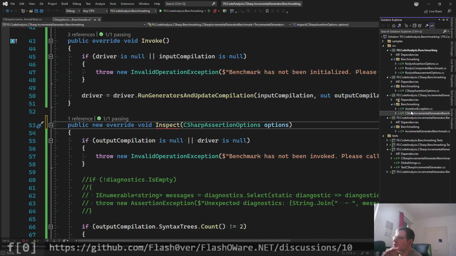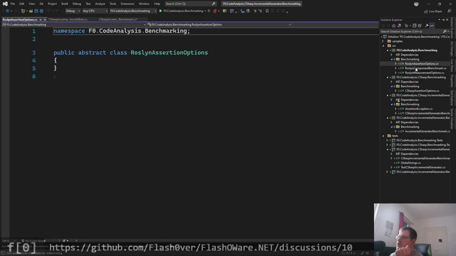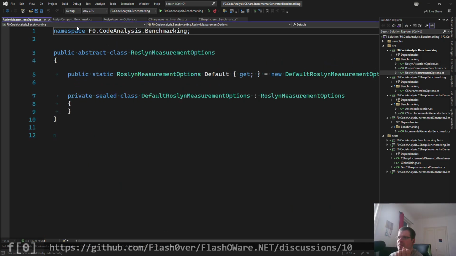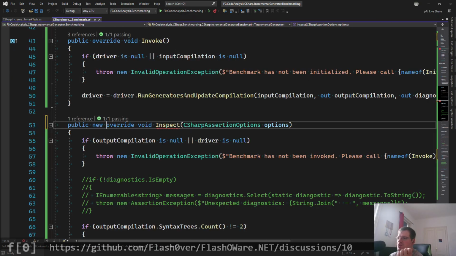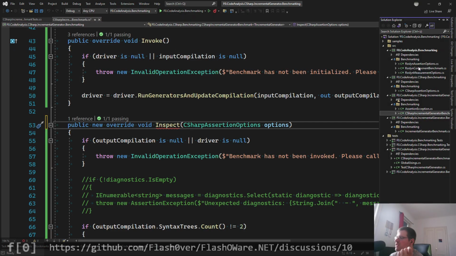Or should I get rid of these base types entirely because they are super empty and don't really add any value, do they? I will add them later on if I actually need them. So for now, let's